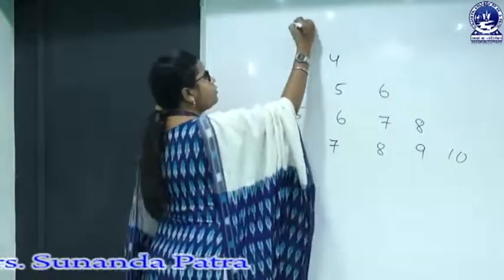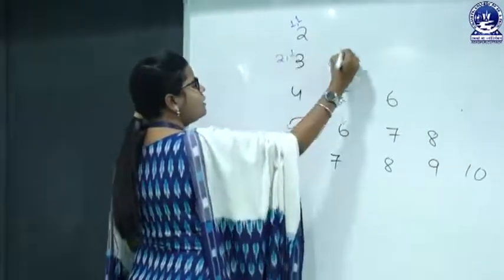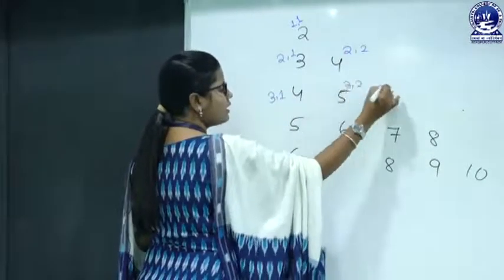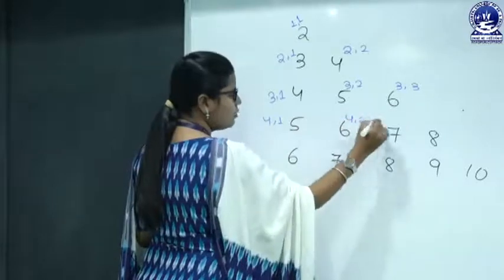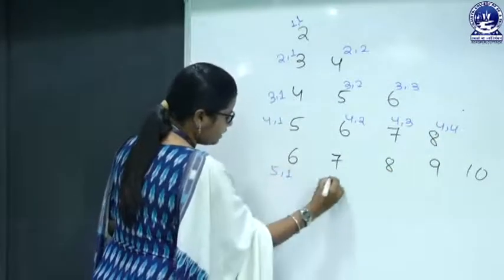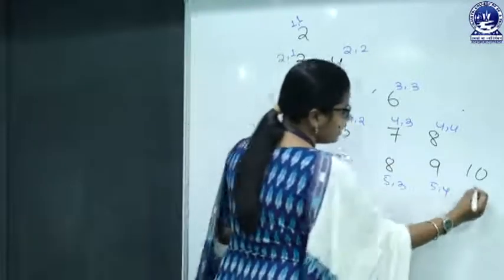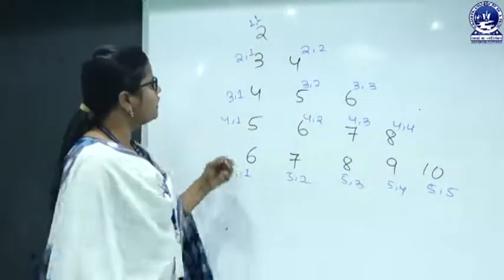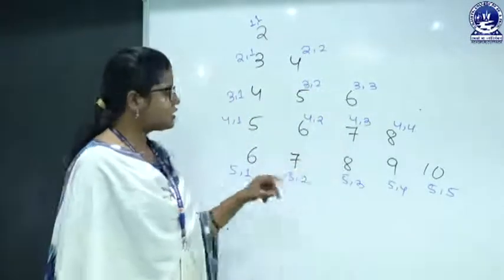So this is the first row and first column. This is the second row, first column, second row, second column. Like that, third row, first column, third row, second column, third row, third column, fourth row, first column, fourth row, second column, fourth row, third column, and fourth row, fourth column. Like that, fifth row, first column, 5, 2 here, 5, 3, 5, 4. That means fifth row and fourth column, and fifth row and fifth column. So what we need to print here? We need to print 2, 3, 4, 4, 5, 6, 5, 6, 7, 8, 6, 7, 8, 9, 10.